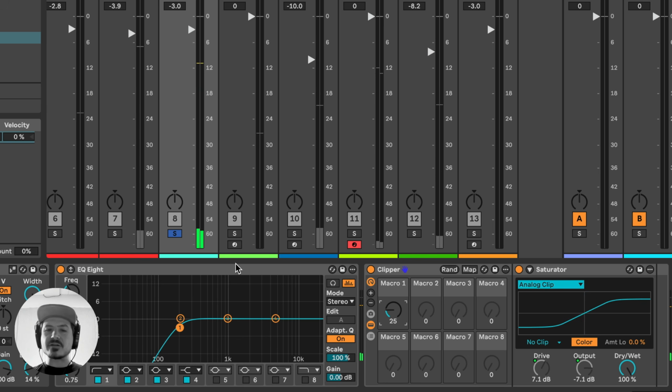So I can get away with about 7 dB in and 7 dB out. So now again, with everything else,